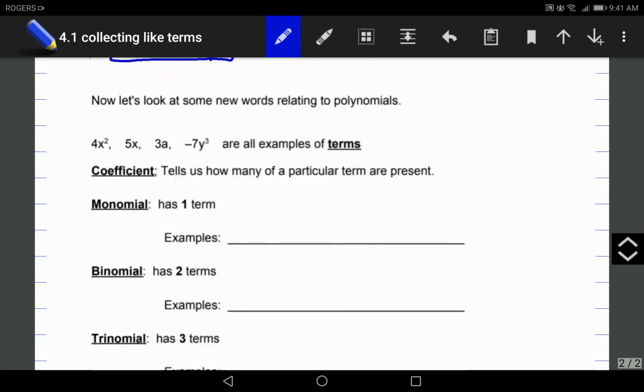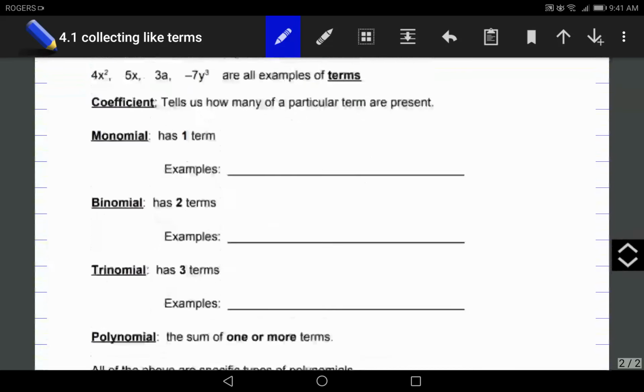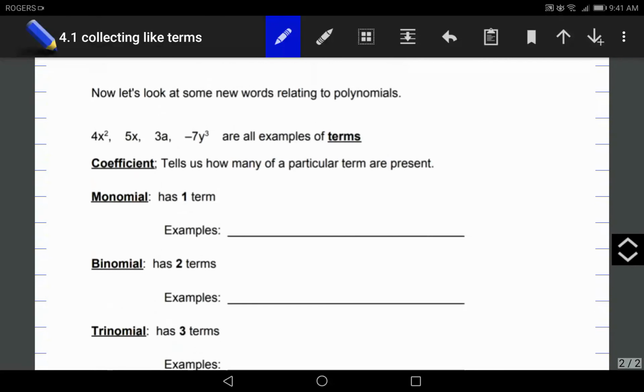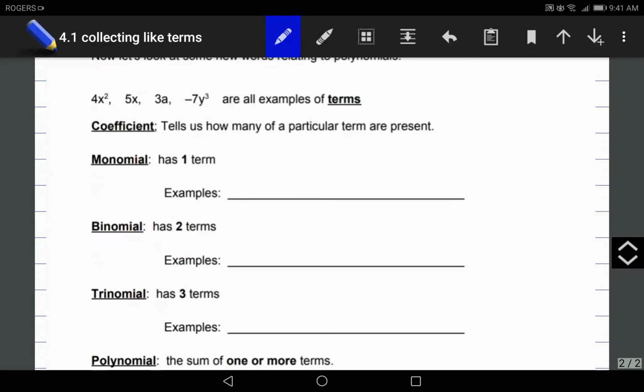Let's keep going now just with some terminology, and then we'll get into some examples. And actually, I'll do the examples in another video. This will just be my entire introduction video. So now let's look at some new words relating to polynomials. So 4x squared, 5x,